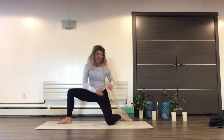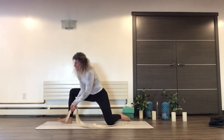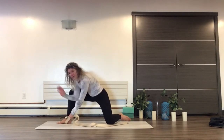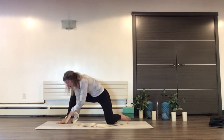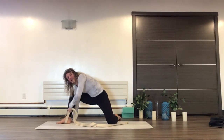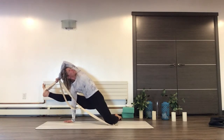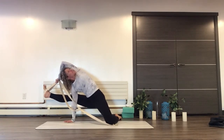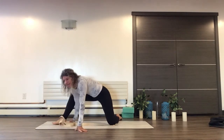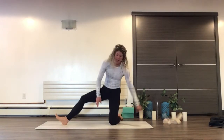So again, you can take your strap around your front foot. You've got to let these hips open in this position. I'm going to put my right hand outside of my right foot, but down underneath there, and then leave that leg as I kick again, kick that foot to the front side of the room. Looking under my shoulder. And that is like a midway point to the full compass